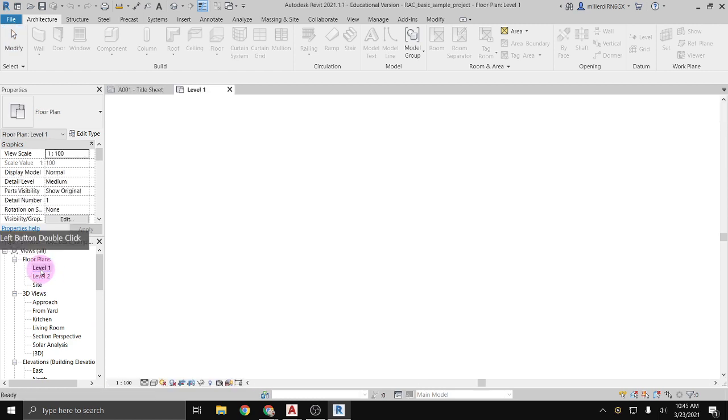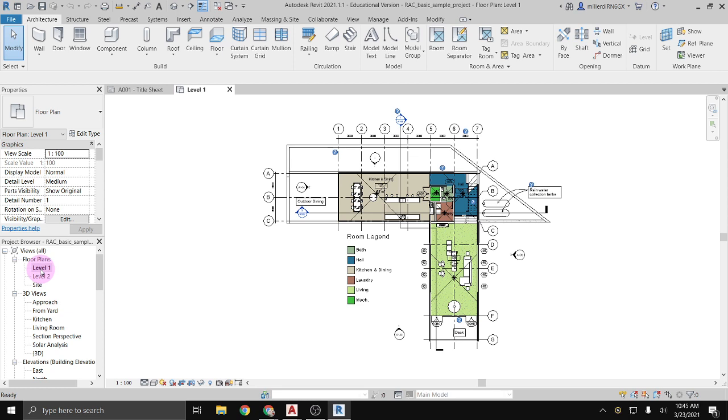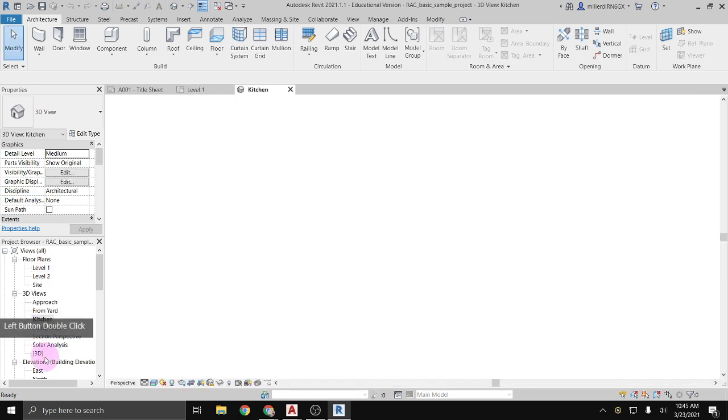And if I just double click on level 1, I'm now in the level 1 floor plan. And we have 3-dimensional views, which are kind of just perspectives or renderings pre-done. So if I double click on any of these,